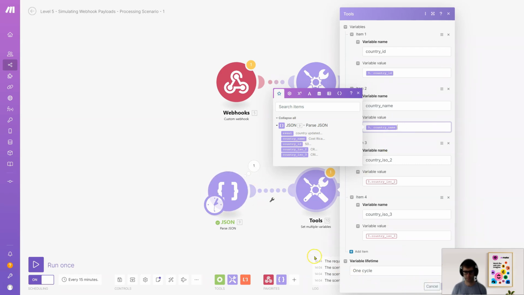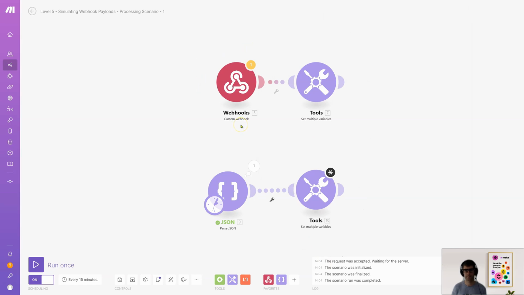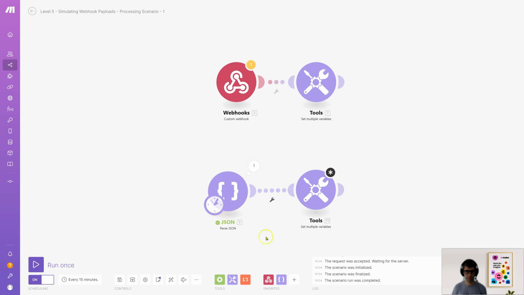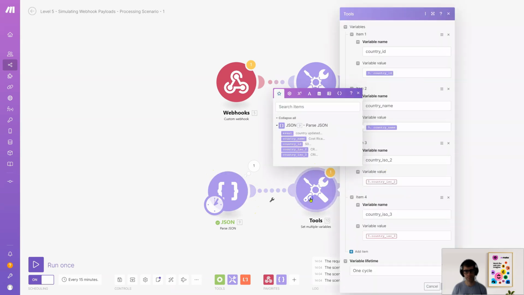You get the idea. So instead of having to build a helper scenario triggering the payloads back to the main original one like we did before, you can simply use this JSON module to parse the retrieved payloads from the past. Sometimes it might be better doing it this way. Sometimes it might be better doing it the other way around. Obviously, when you use the parse.json module, you do have to do some remapping here, which may not always be desirable. But maybe if it's just a few items to map,